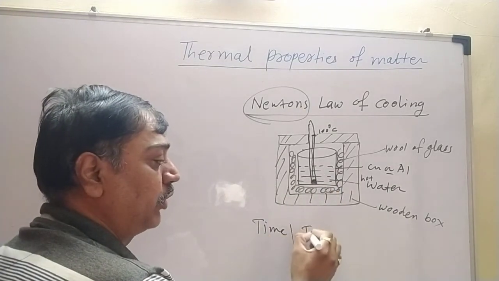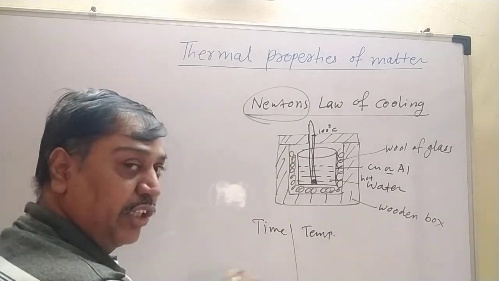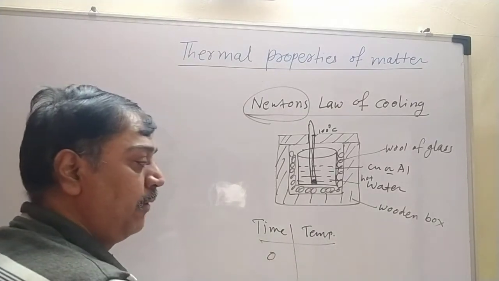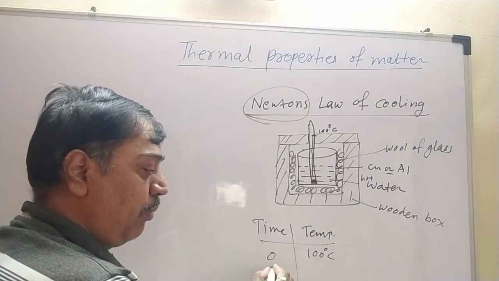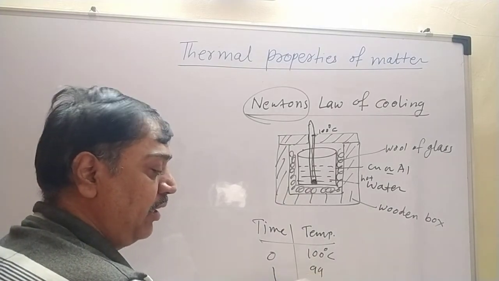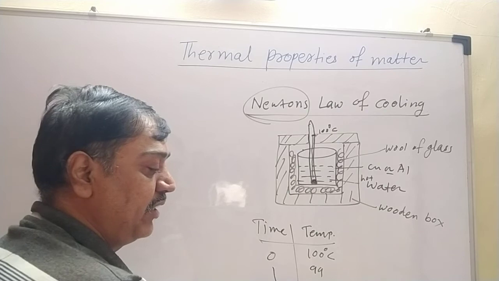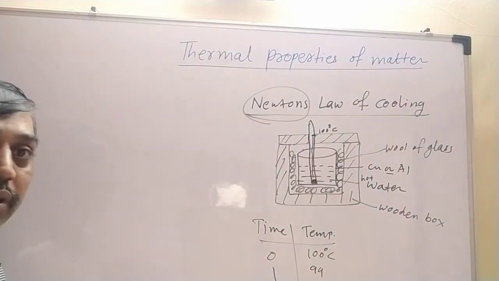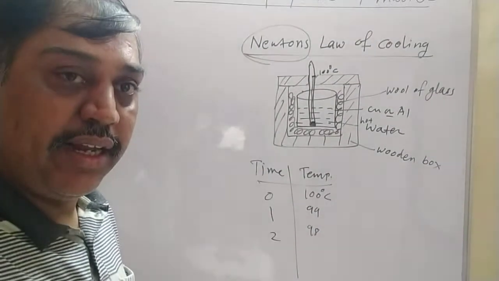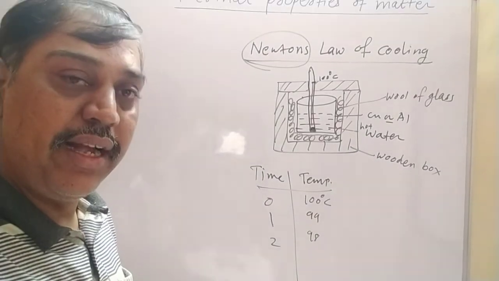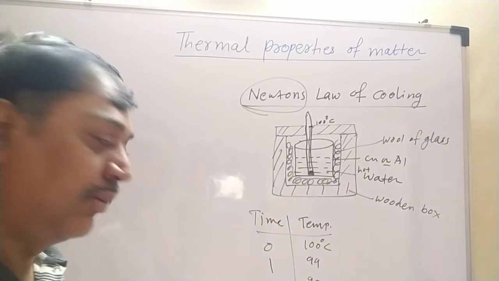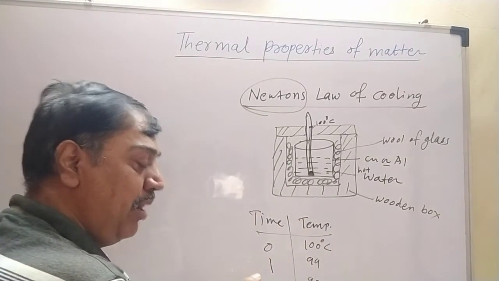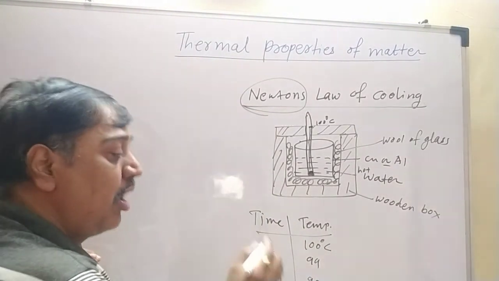So this is the temperature. Suppose the first reading is started from 0, and the temperature is 100 degrees Celsius. Then after 1 minute it may come to be 99, after 2 minutes it becomes 98. In this fashion, he noted down the readings. First, 100 degrees at 0 time, 99 degrees at 1 minute, 98 at 2 minutes. In this fashion, he counted down; this table was prepared by him, and he took readings up to